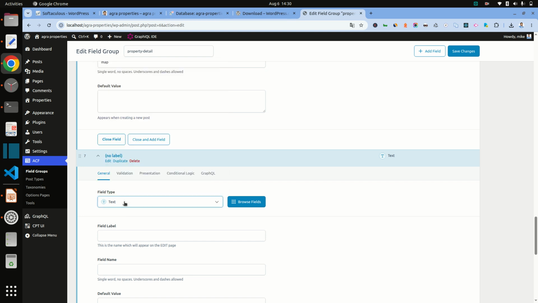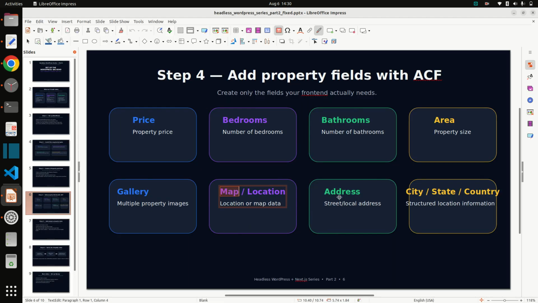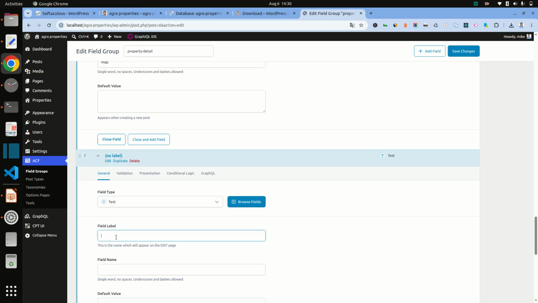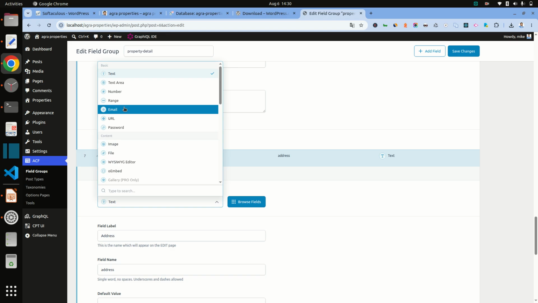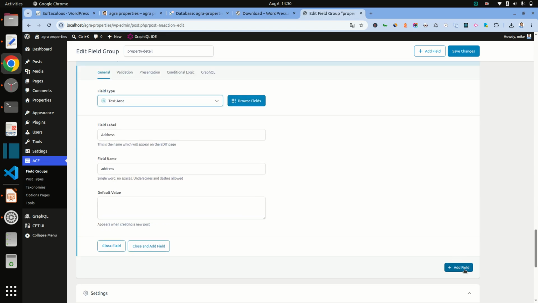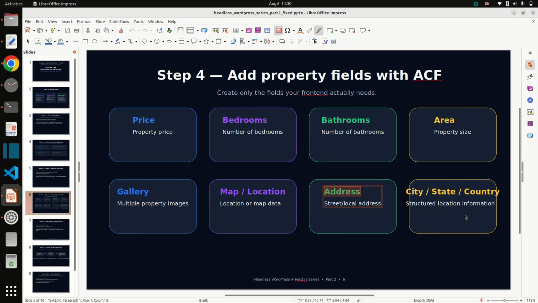And then address, use text area, and city, state, country.